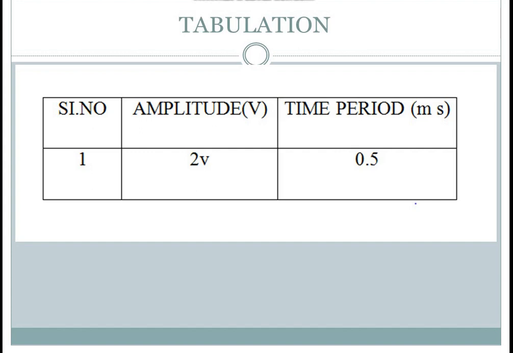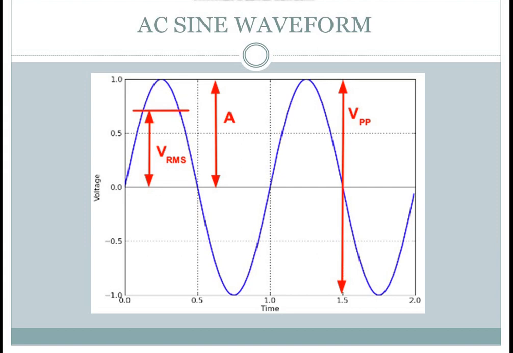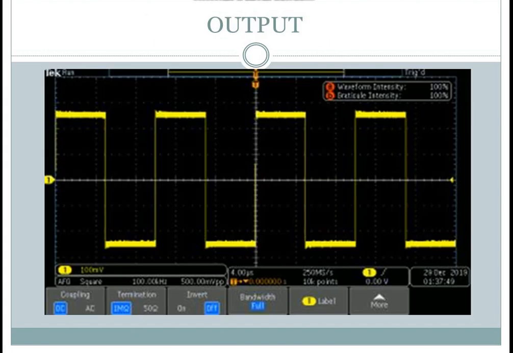And the time is calculated by the number of blocks covered in the horizontal into the time knob setting. This way we calculate our amplitude and the period. This is not our output. The output is only the square waveform; this sine wave is not part of it, and I am using it only to show how to calculate voltage and time. This is the square waveform. In this way we find our amplitude and the output voltage.